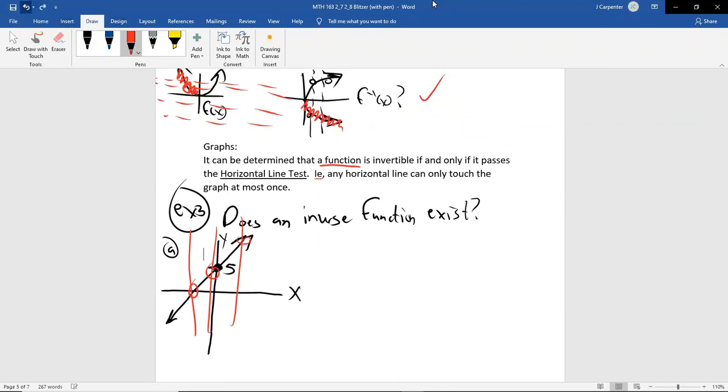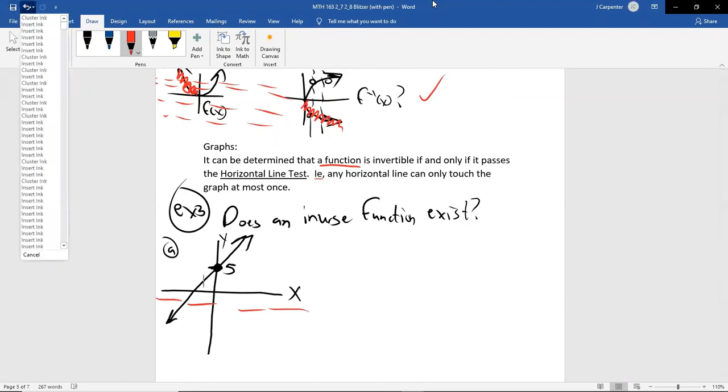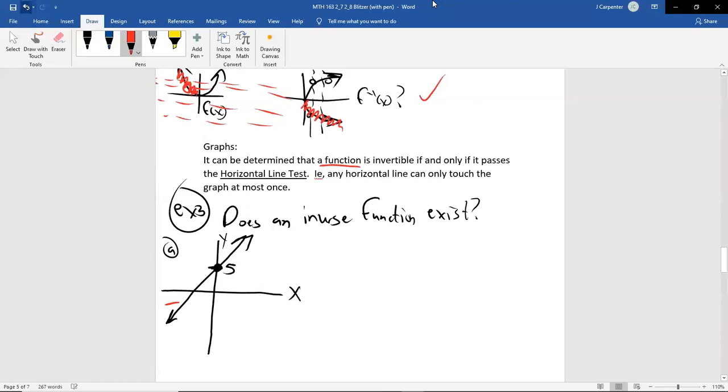But that wasn't the question. I said, does an inverse function exist? So spoilers, all three I'm going to give you, they are functions up front. They will pass the vertical line test. So we're more worried about, do they pass the horizontal line test? So you're drawing horizontal lines, and that would touch once, horizontal line, and that would touch once, horizontal line, and that would touch once. I can't imagine drawing a horizontal line anywhere where it would touch more than once for this. So yes, an inverse function does exist for this. Pretty easy.